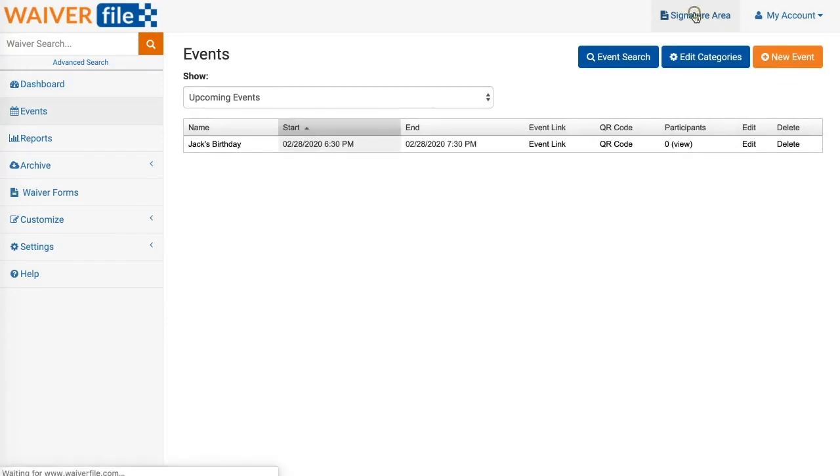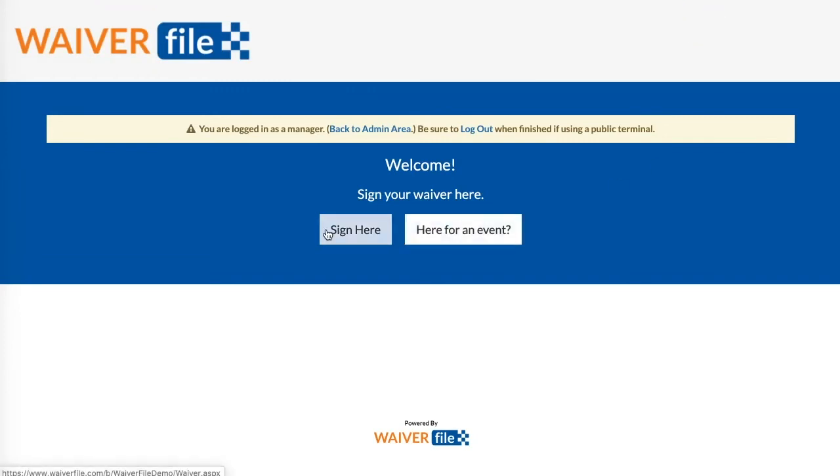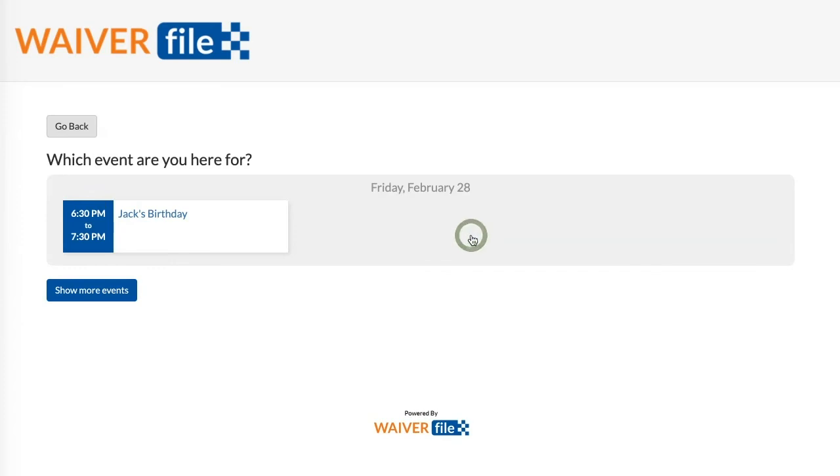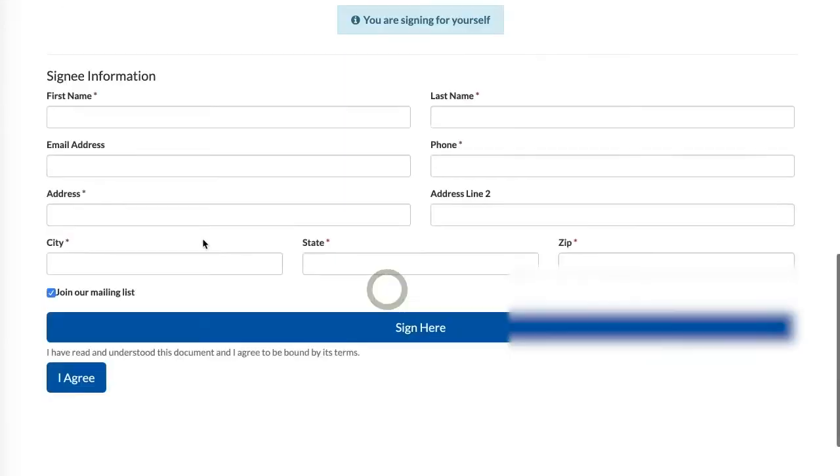Now if we go back to the signature area, you'll see there's 2 buttons now. So you have the main signature button, and then you have Here for an Event. We'll click on Here for an Event, and this page is where you'll see all the upcoming events listed. If I go ahead and sign a waiver here,